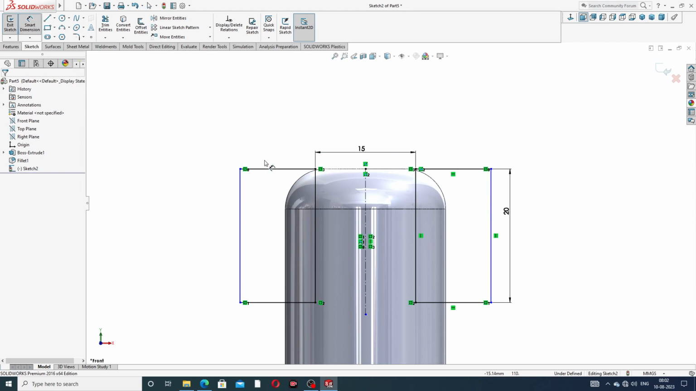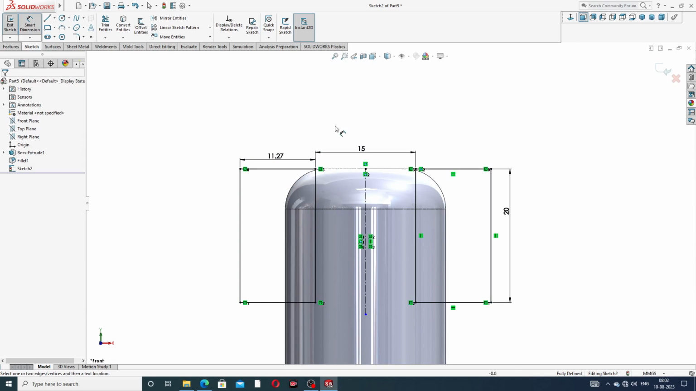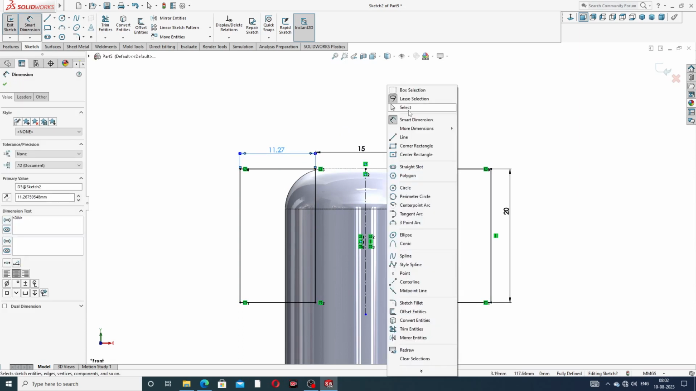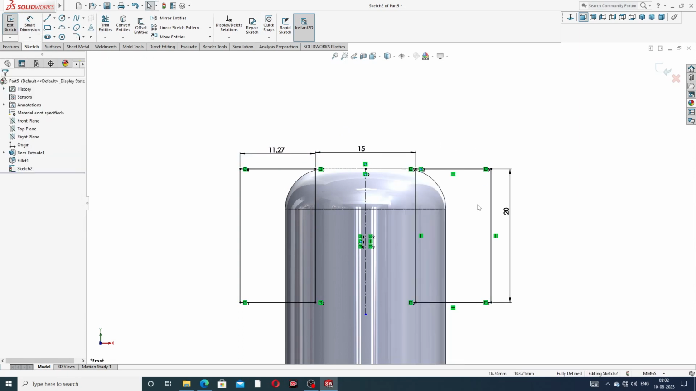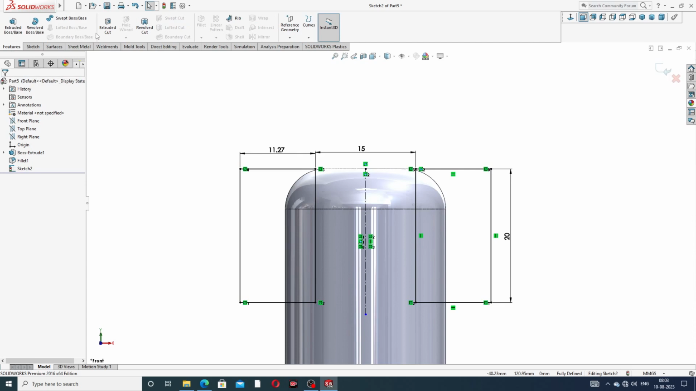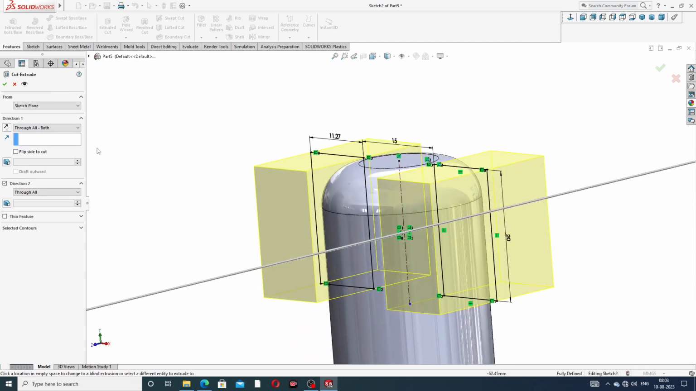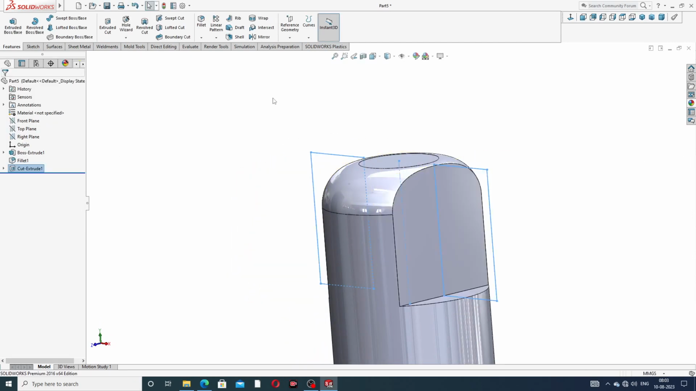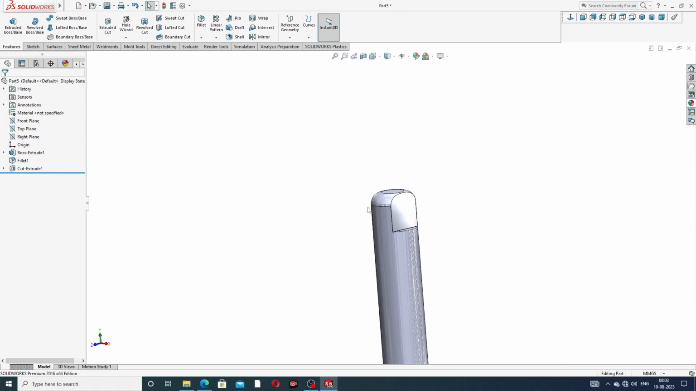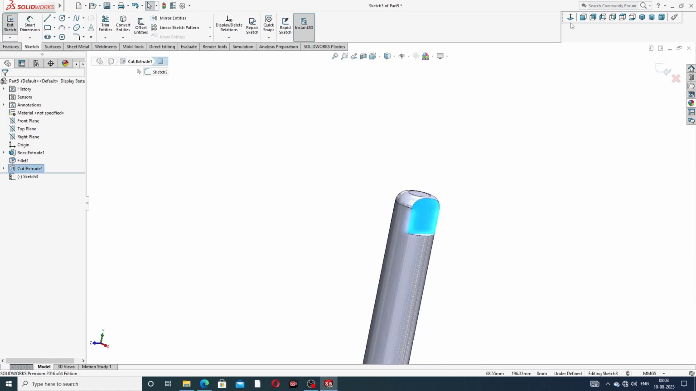And this length is not any, no mention here of any diameter. Okay, all is perfect, and this gap is perfect, and this length is perfect. And going to extrude cut. Extrude cut is applied here through all, both sides, because both sides are cut here easily. Okay, this is perfect, and select this face, sketch normal,